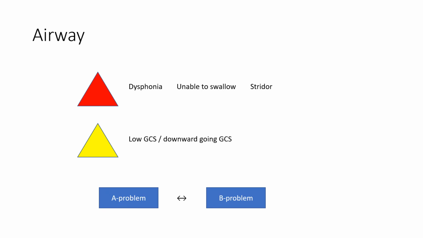And then it's always important to think about this, that some A problems are not obvious. A problems don't always present with a clear signal, or the signal to noise ratio is really low, so you don't really hear these things. Especially if you have an older patient where there's a lot of noise in the presentation. So A problems are not always obvious.